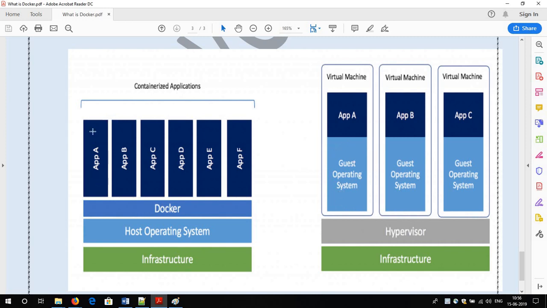The same CentOS has only 100 or 150 MB of size. And you will ask how there is such a huge difference between the sizes, and why we can provision it with only 150 MB. Okay, so the answer is, what Docker does: suppose I have pulled the CentOS image from Docker Hub.